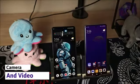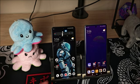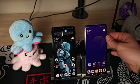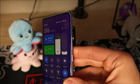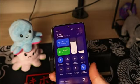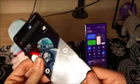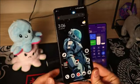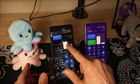Talking about the displays here, we have an almost identical 6.67-inch AMOLED HDR10 Plus screen for both of these devices. However, when it comes to the Redmi here, you have a curved screen giving it a more premium feel, and it's also protected by the Gorilla Glass Victus compared to the Gorilla Glass 5 that we have on the Poco phone here. Both of them offer the same peak brightness at around 1800 nits, and that's of course if